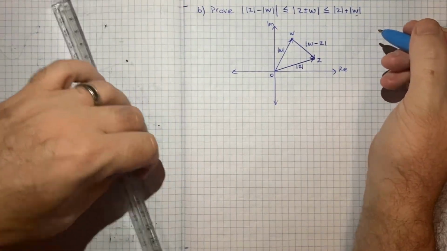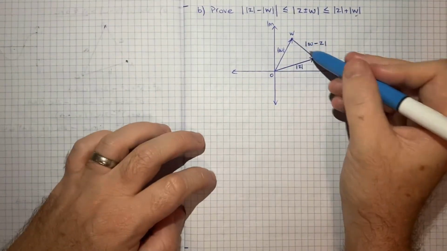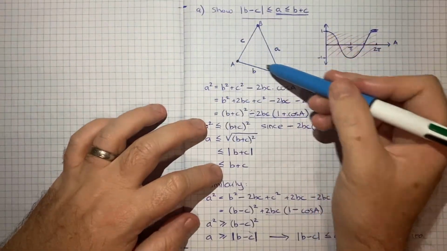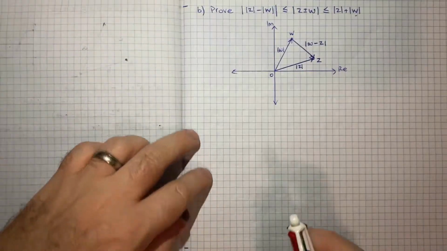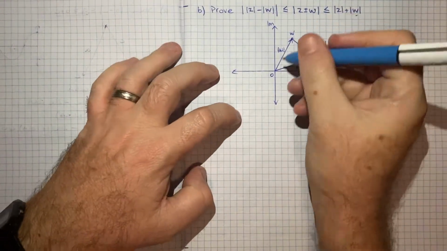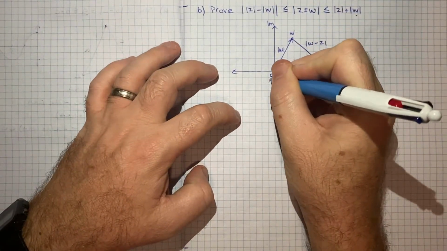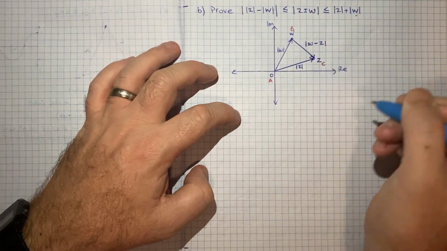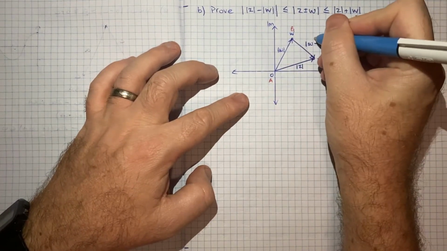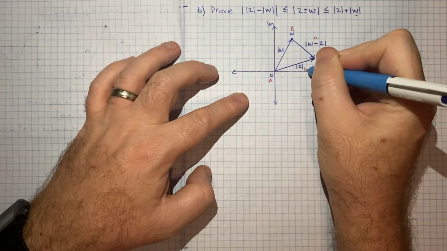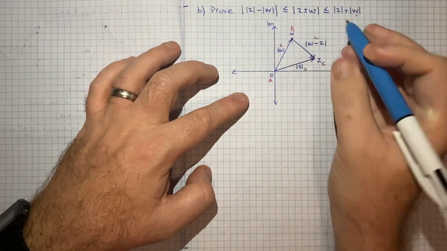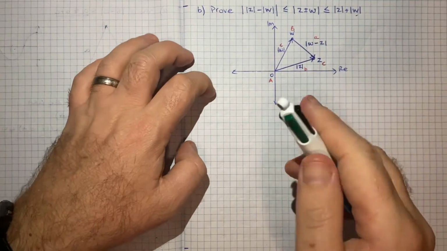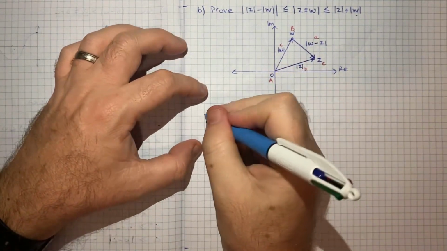And we can compare this triangle with the triangle that we've just dealt with in part A. If I annotate over the equivalent, this would be the equivalent of A, B, and C in terms of the points, and this would be lowercase a, lowercase b, lowercase c in terms of the sides. And so if I now go from part A,